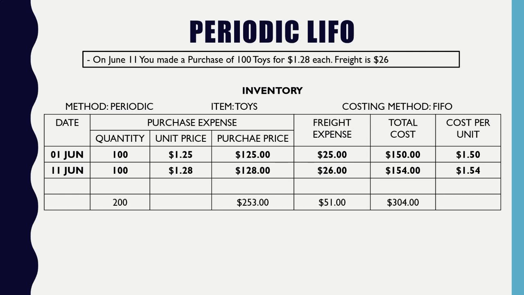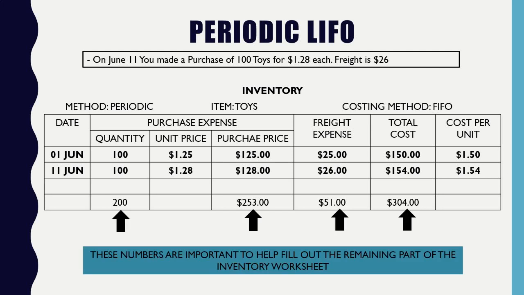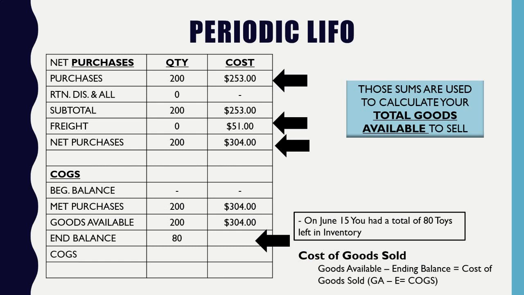So this is what I'm going to do. I'm going to tally up all my totals because I've reached the end of my accounting period, or I took my physical count. So here I'm recognizing that I have total purchases of 200 units, giving me a total of $253, with a total freight of $51, giving me a total cost of $304. And we're going to take these 4 numbers and apply them to